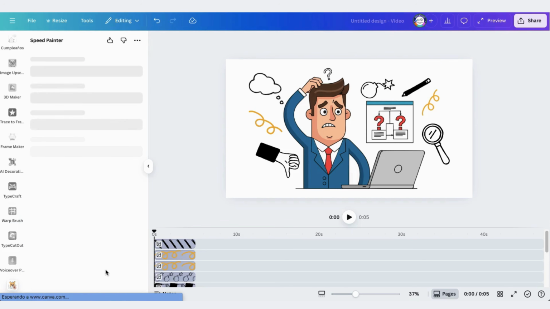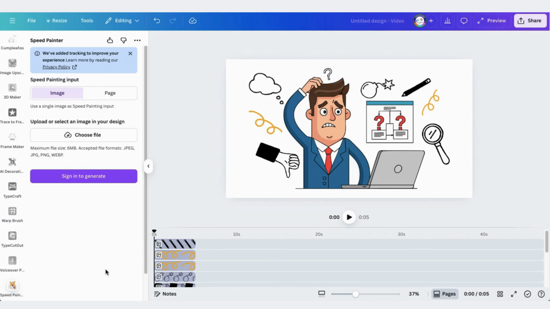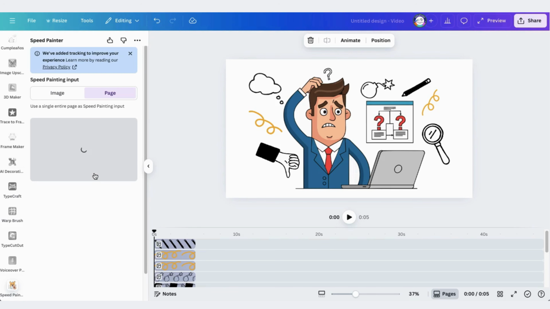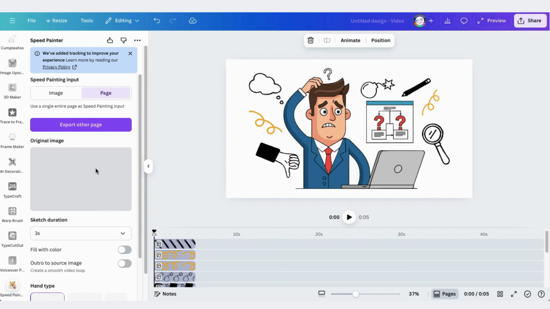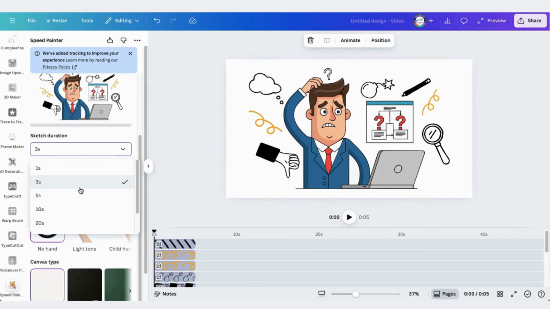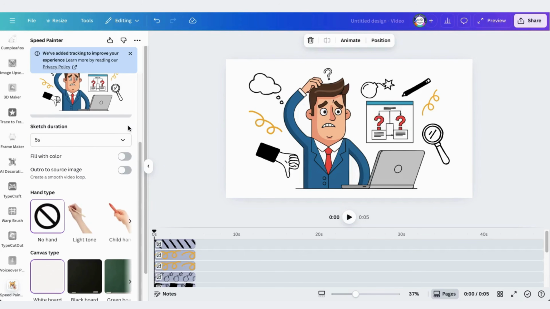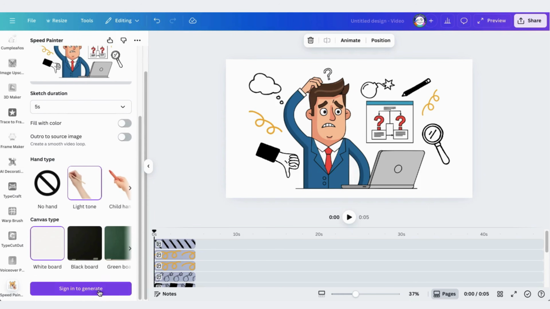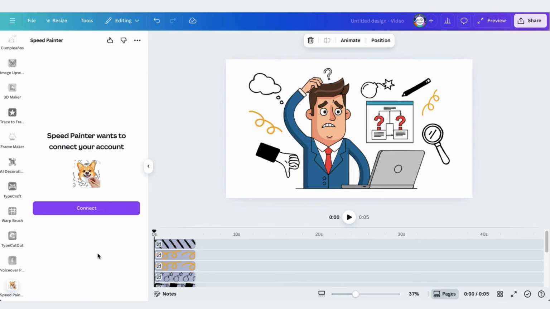And when everything's ready, I'll just go to Apps and then select the Speed Painter app. Just typing on the search, I will just go for it. Then when you open the app, just go to the page section and select to export the page, and then you just have to go down a bit and change the settings a little to adapt to what you're looking for,